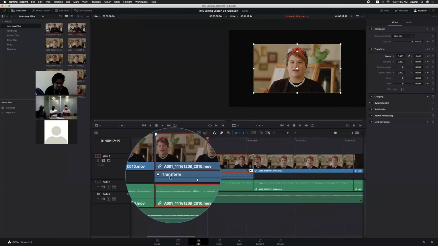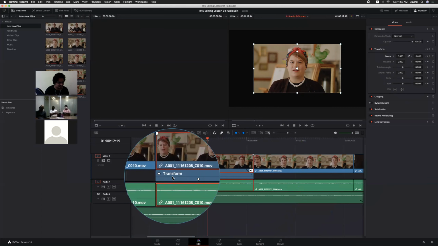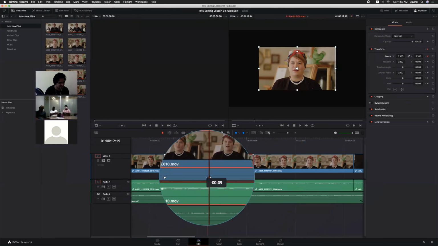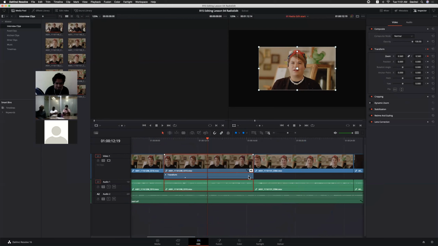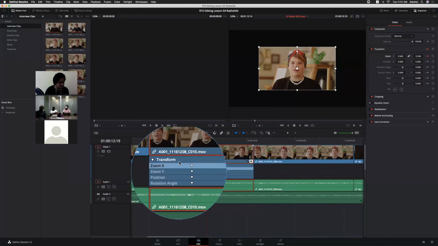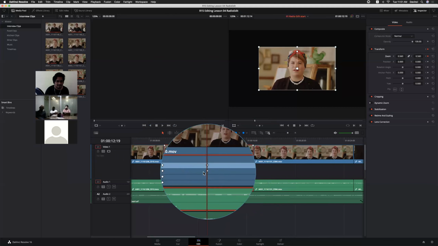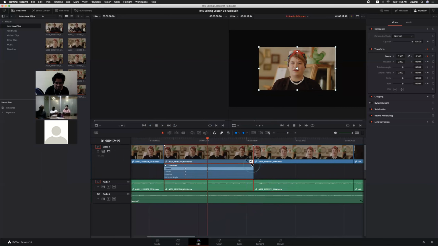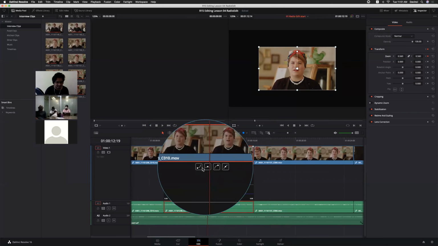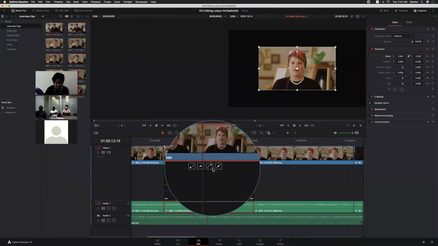We are able to see the transform, whichever parameter we have added the keyframes to, we can see here itself. Like we can adjust the keyframe position, or if you want to see all the options, simply click this triangle. We can see all of the options here. Or if you want to use a particular curve, it's available, and you can make it linear, ease in, ease out options and everything here.